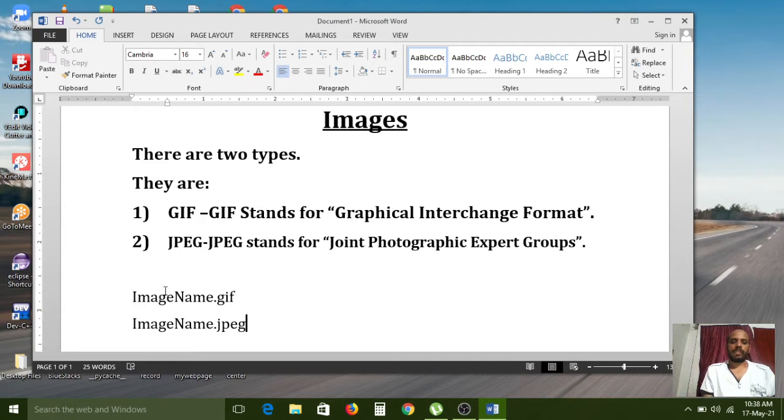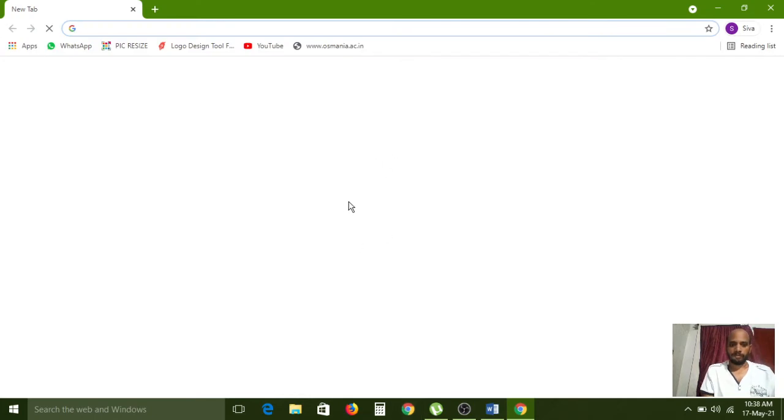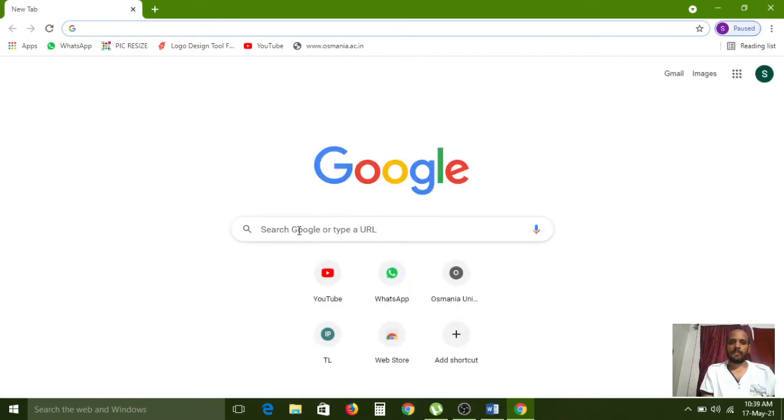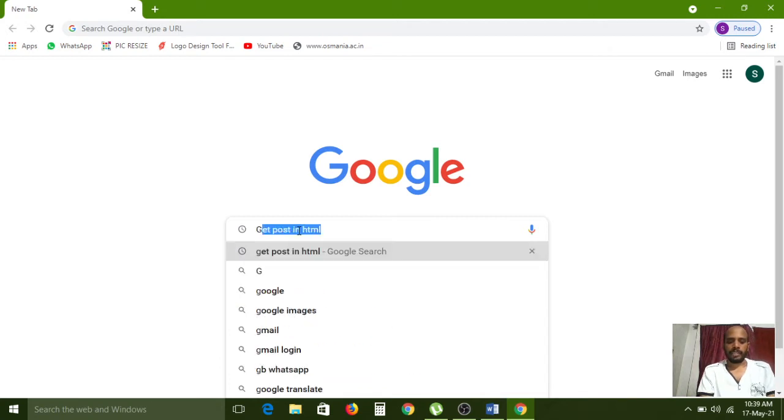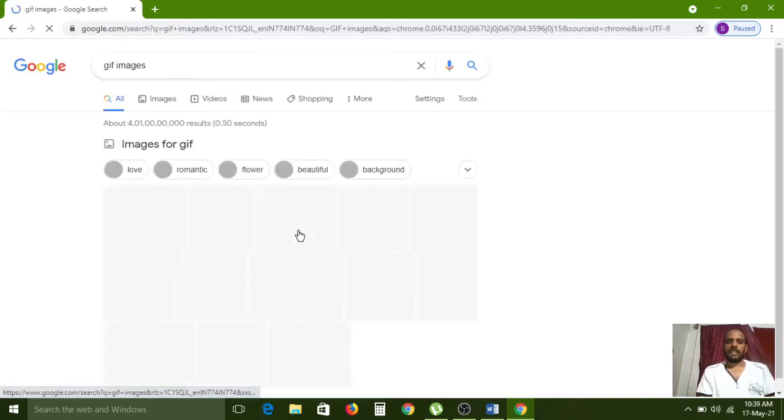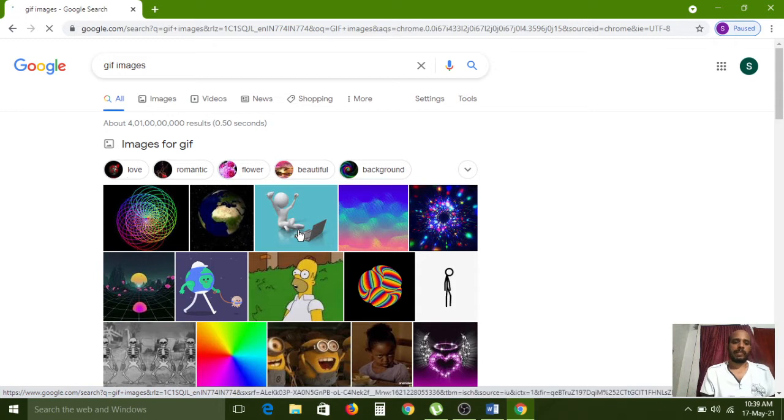Now we have to see the GIF images. For that I am opening the Google Chrome browser, typing GIF images, and pressing the enter key on my keyboard.